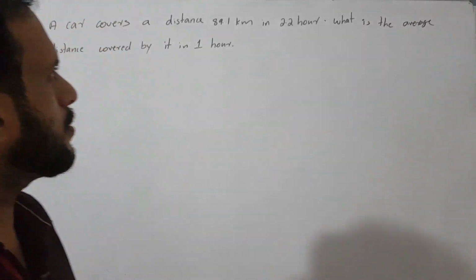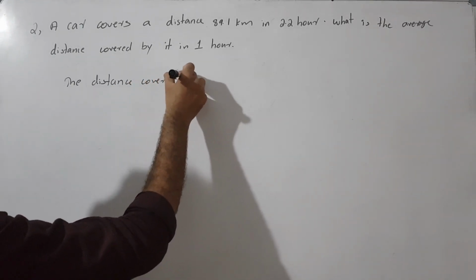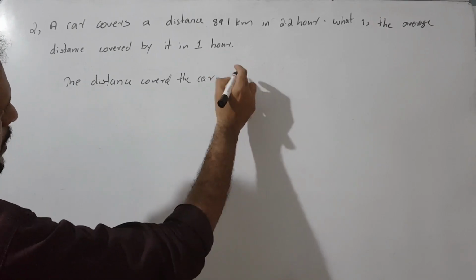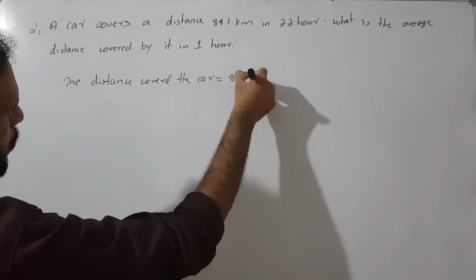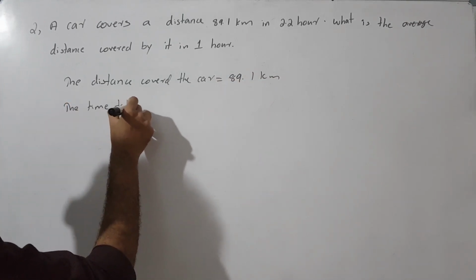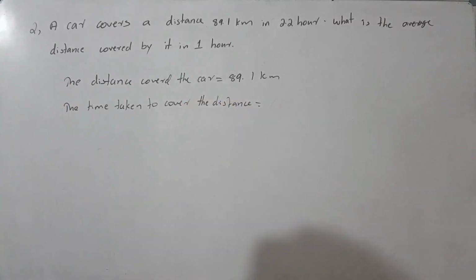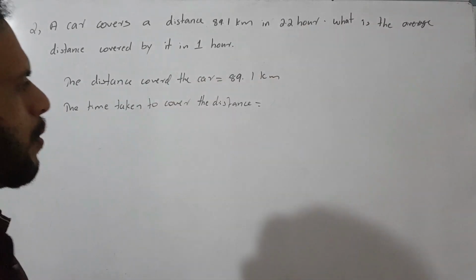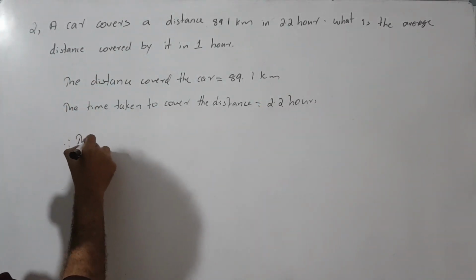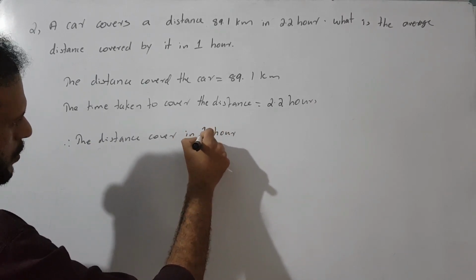Correct. So how do we start? Yes, the distance covered by the car is equal to 89.1 kilometers. The time taken to cover the distance is equal to 2.2 hours. Therefore, the distance in 1 hour is equal to